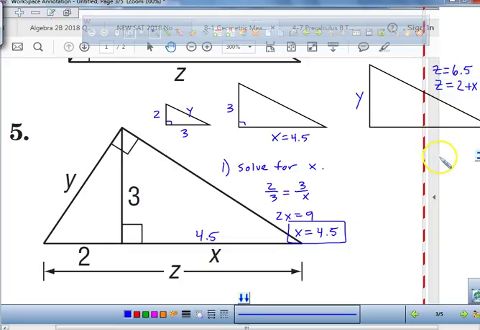Now all you have to do is find what? 6.5 times 3? No. What letter do you have to solve for? Y. Because I'm asking you,